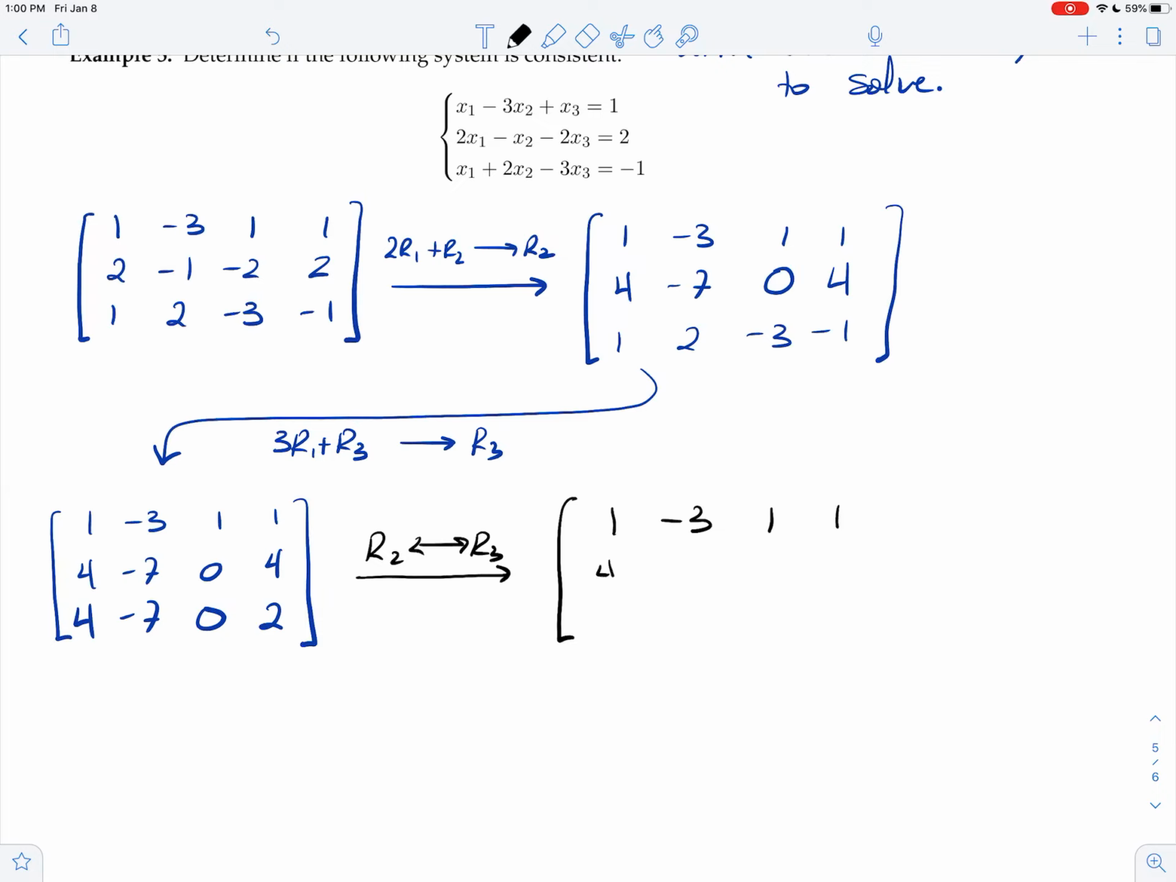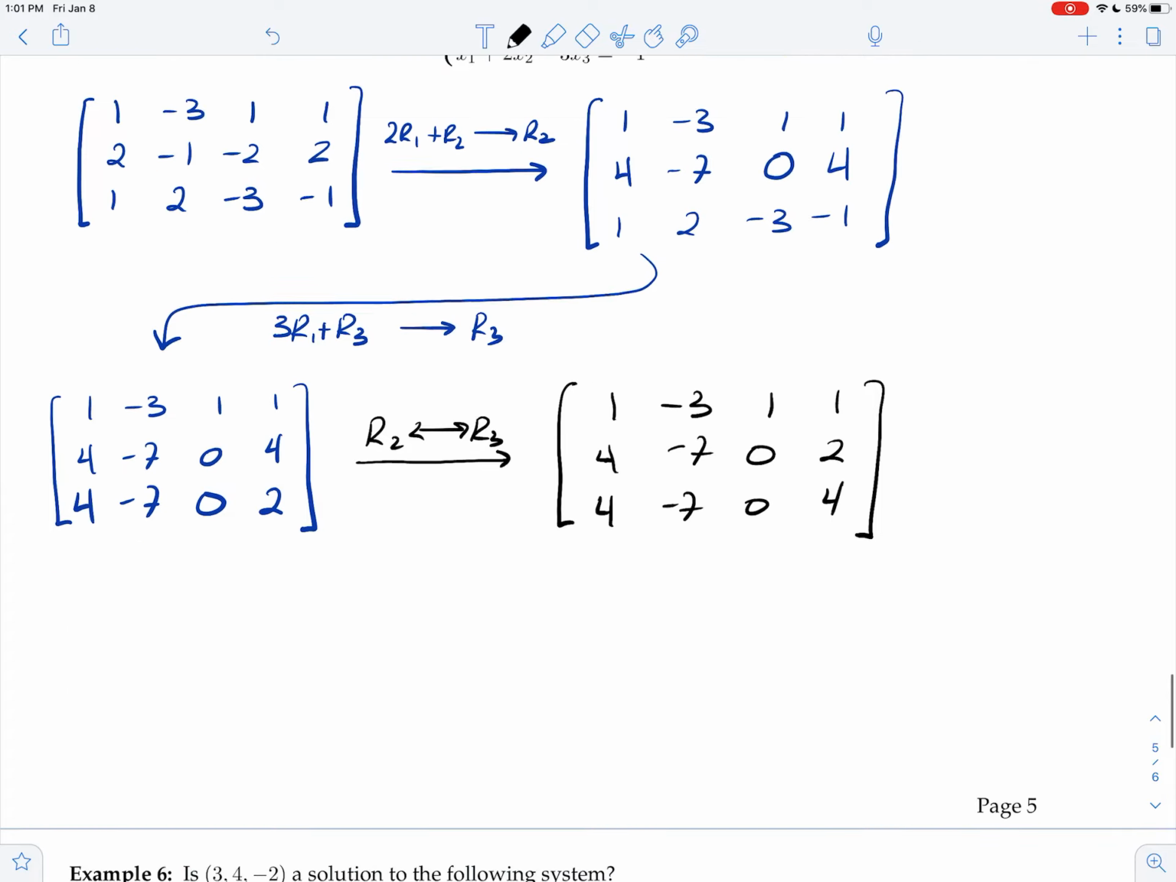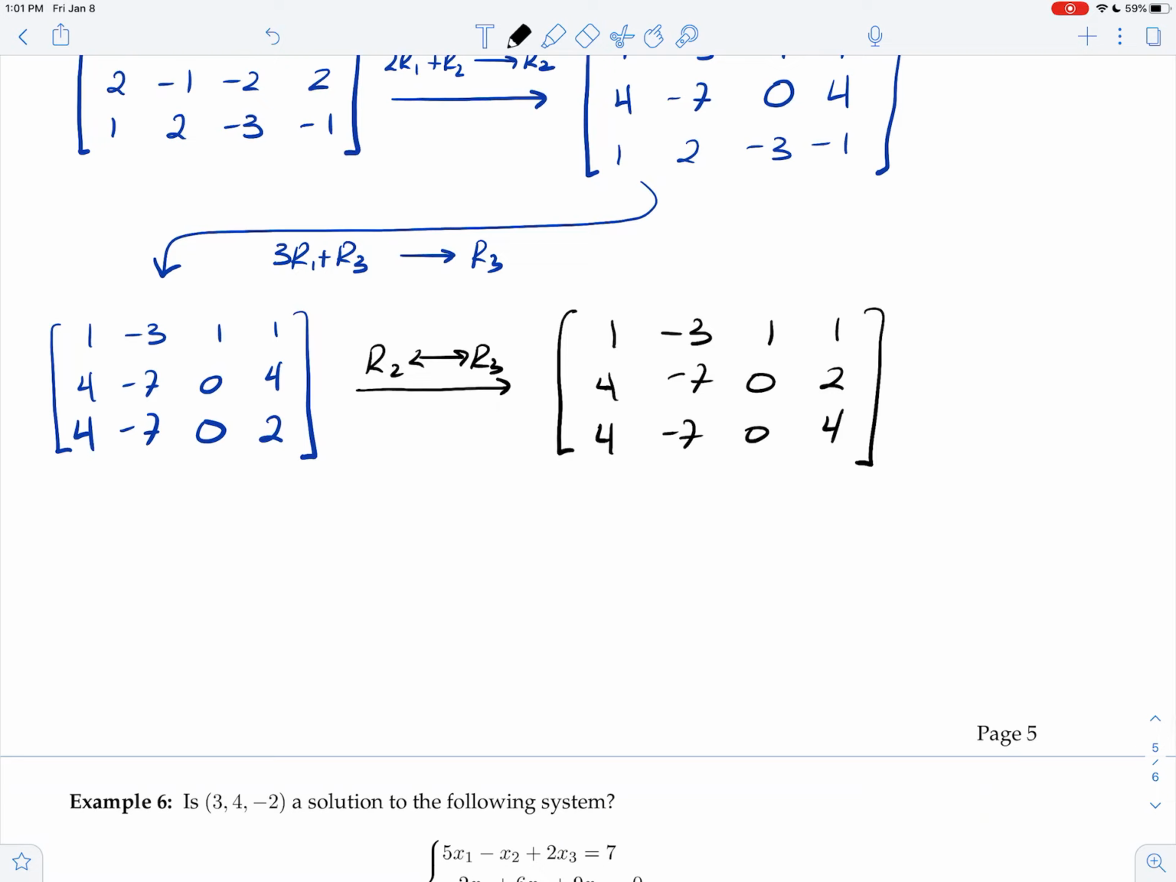And then I'm going to have 4 minus 7, 0, 2, and 4 minus 7, 0, 4. I don't have to do that. I did it honestly as much to show you the switch notation as anything else. Now what I want to do is try to multiply